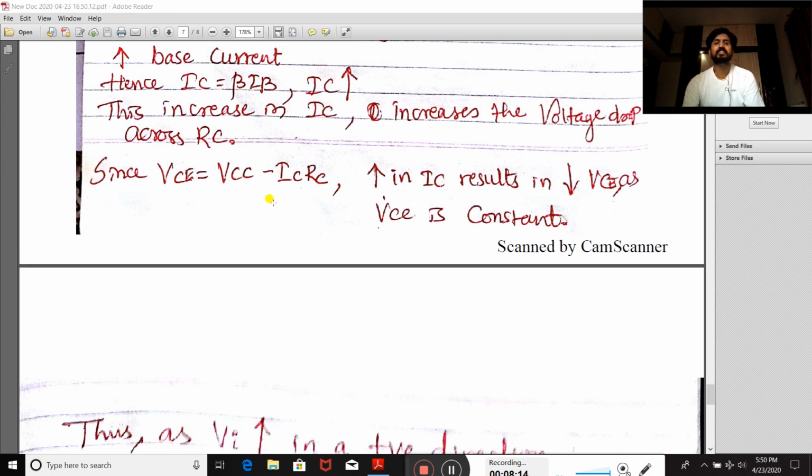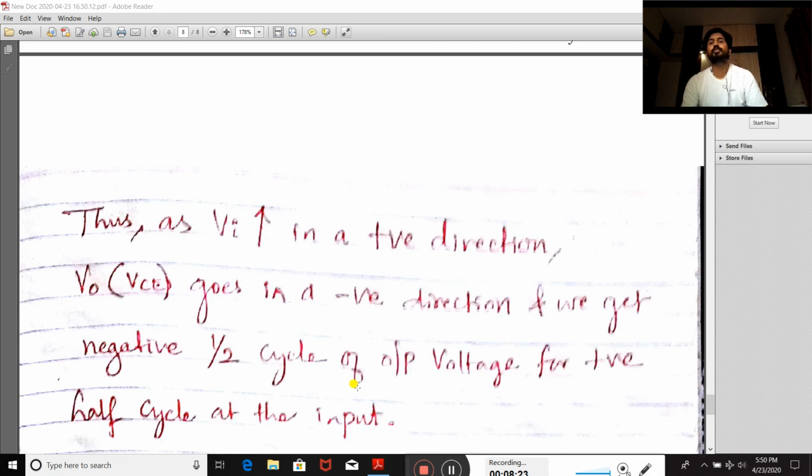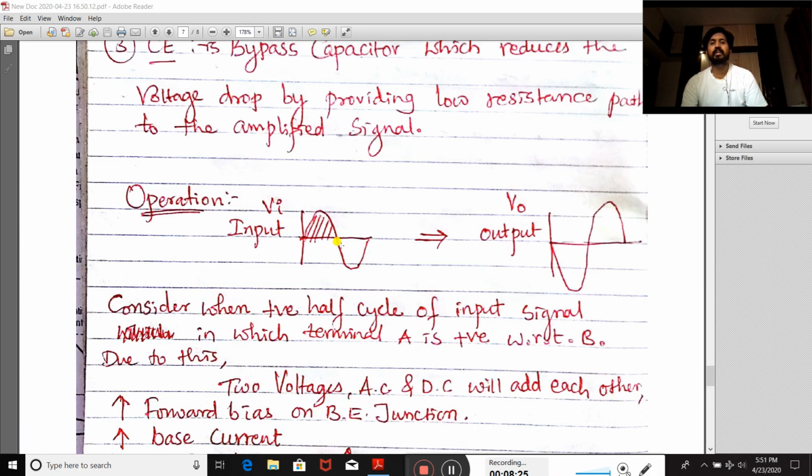As this IC RC drop is decreasing, this VC voltage goes on increasing, and because of that we are getting the voltage in the positive half cycle. So we are operating in the negative cycle, but at the output side we are getting the voltage in the positive cycle because V0 is increasing. This is how it converts